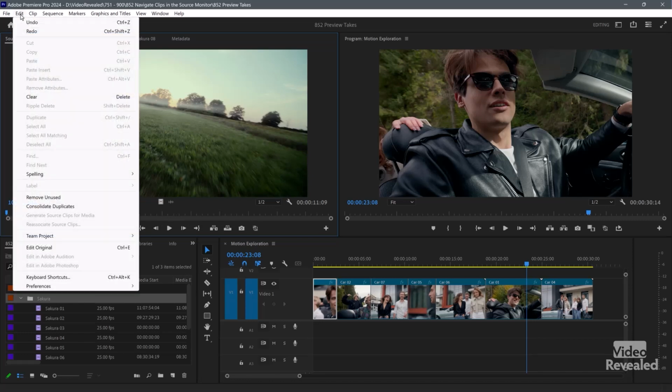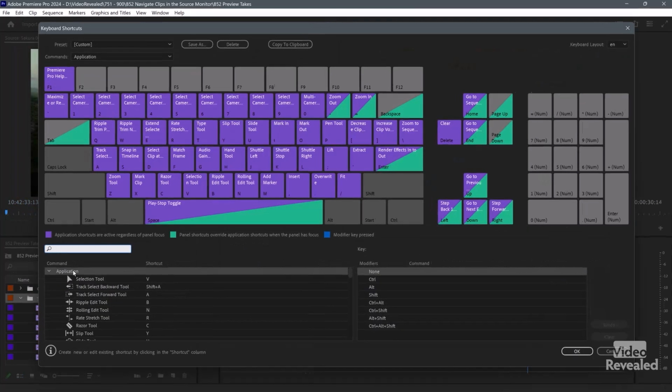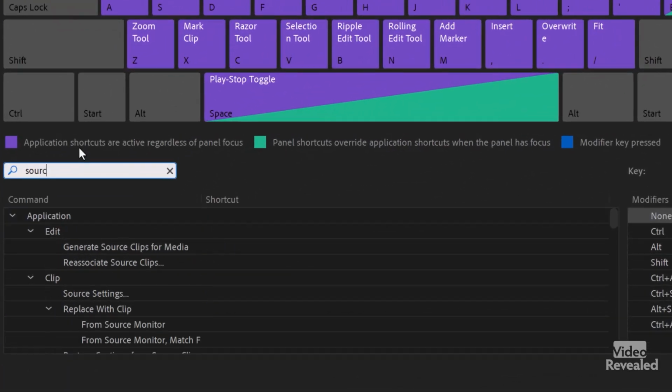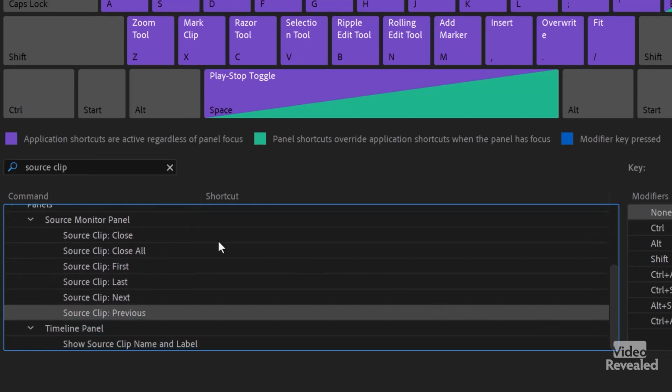So in the Edit menu on Windows, the Premiere Pro menu on Mac, keyboard shortcuts, and I'll search for source clip. And you can see all of them that are in the flyout menu are there. Source clip, close, close all, first, last, next, and previous. And I'm going to choose